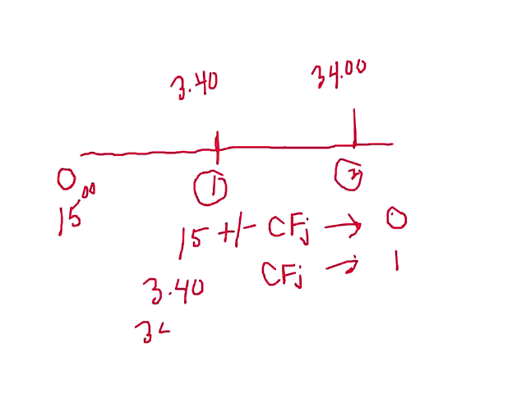Take your $34, hit your CFj button because that's the second time period, and that represents it. So you never skip a time period when you're doing the cash flow method. And also, you've got to remember that if there's ever two things happening in that time period, like for instance,